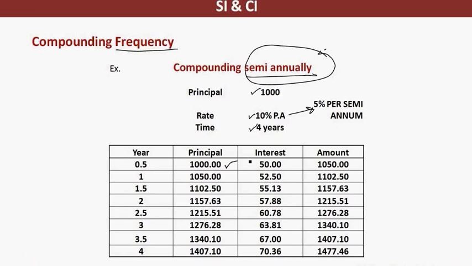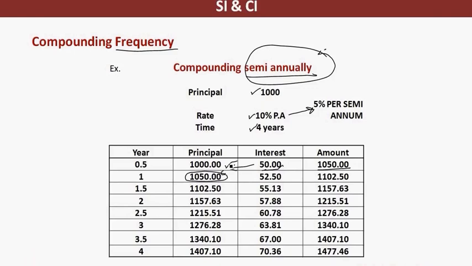The things have to be solved in a similar manner. So for the first half year, your principal will be 1000. Your interest will be 5% on 1000. So the interest that you will get would be 50 rupees, added to your account after 6 months. So in the beginning of the 7th month, the amount in your account which will be treated as principal will not be 1000, it will be 1050. For the next 6 months, the principal will be 1050.